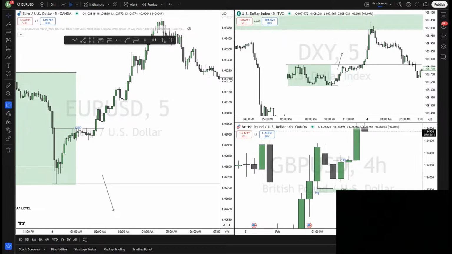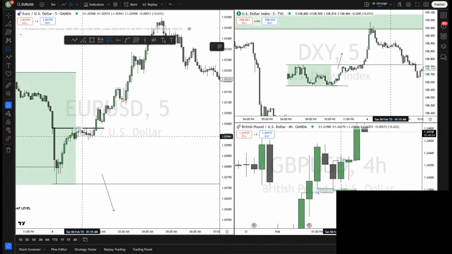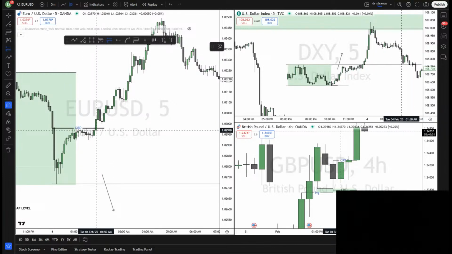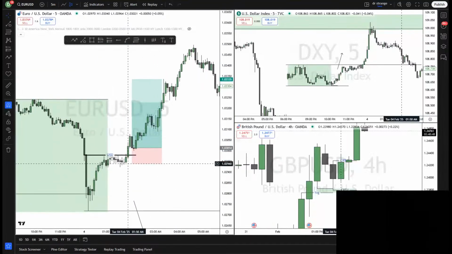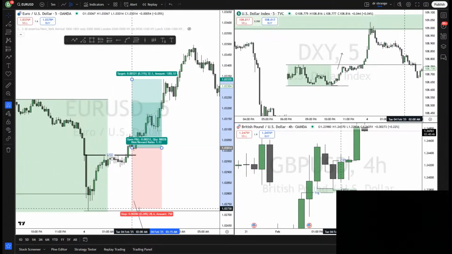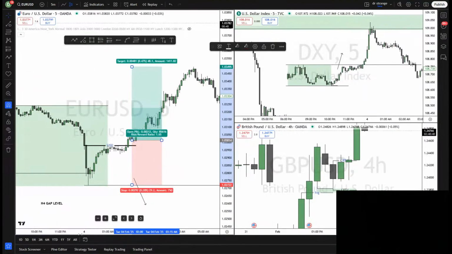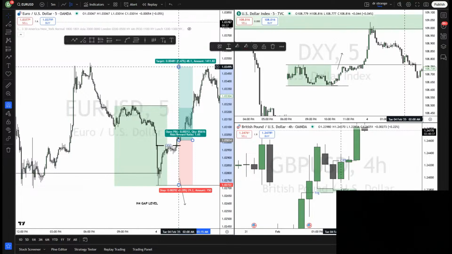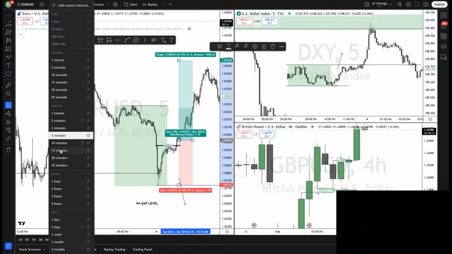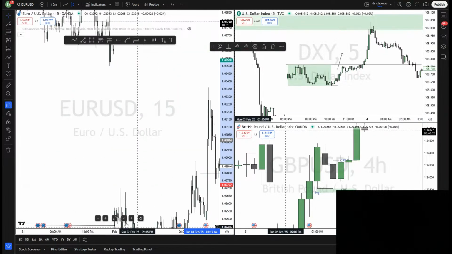Basing on that, we now know that we are looking for a change in state of delivery and looking for a trend. And we know that we have SMT. When you have SMT, you know that this flow is protected. You could literally go long on this CISD here right now, but it wouldn't give you a good risk reward. That's why I want you to watch GBPUSD and Euro USD. And you would aim for these highs. If you went on the M15, it would give you a better trade. But a better trade was on GBPUSD, as we are going to see.